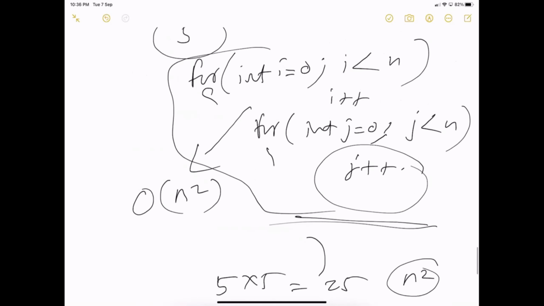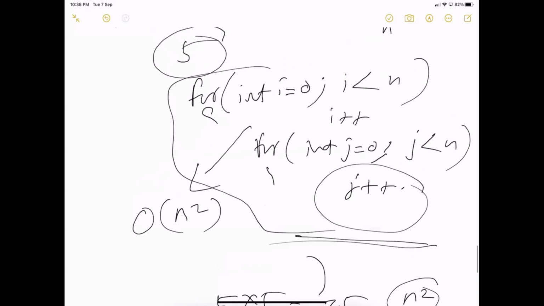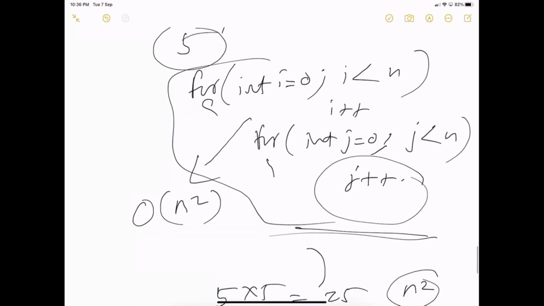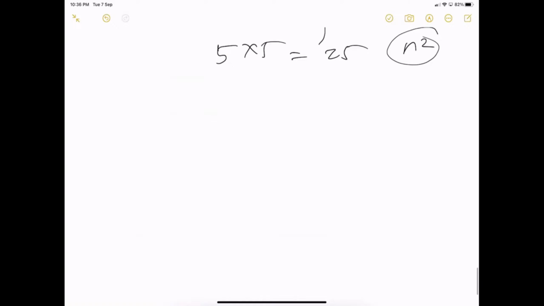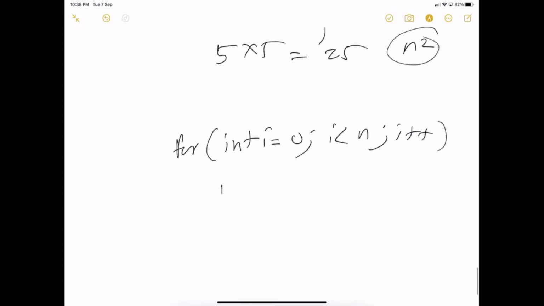This is a for loop, so what do we mean by a loop? Let me explain it here again. You have for int i equal to 0, i less than n, i plus plus. And inside it, you have for int j equal to 0, j less than n, j plus plus.